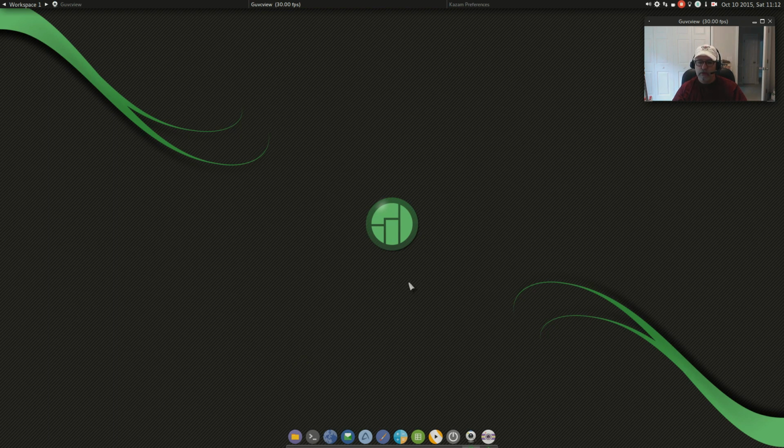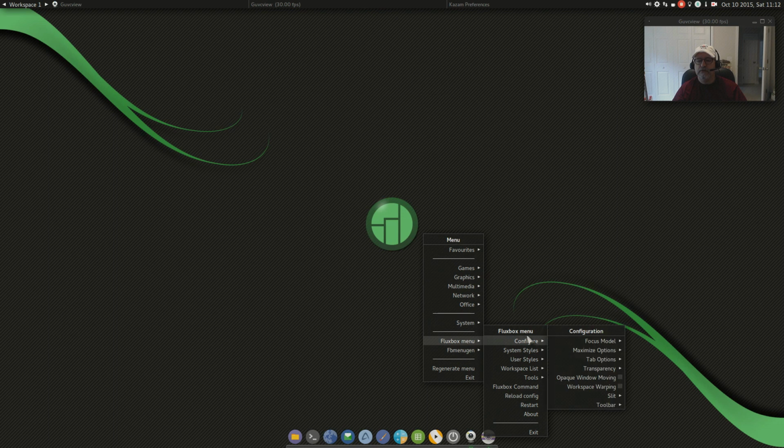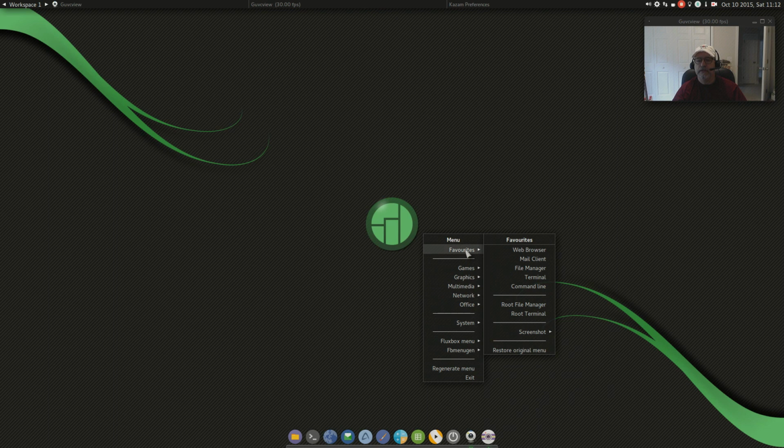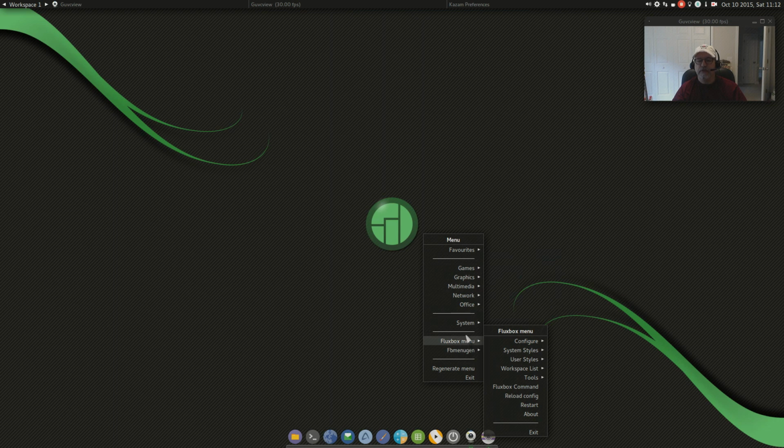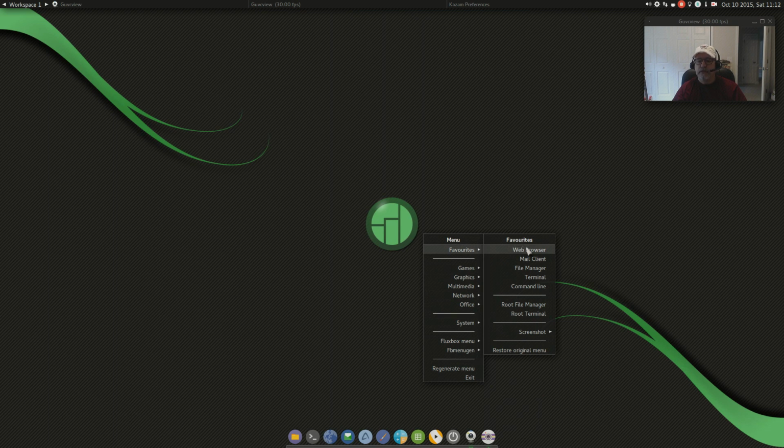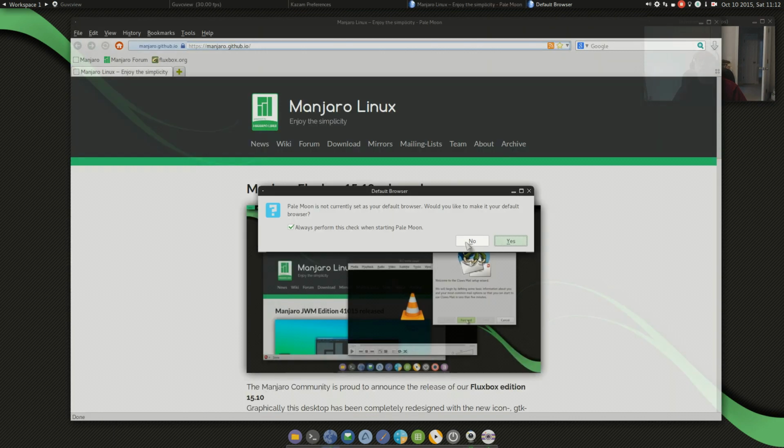Now, one of the things I noticed about the menu, if I right click, this here is the original menu, I believe. Let's see. No, this is the one that was updated. So let's see if we can get that back to the original menu, because there was a glitch in the original configuration when it was first released, and there's been an update released on it which seems to have resolved most of the issues,